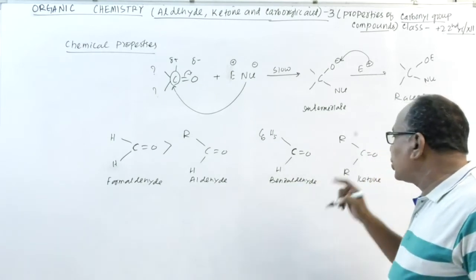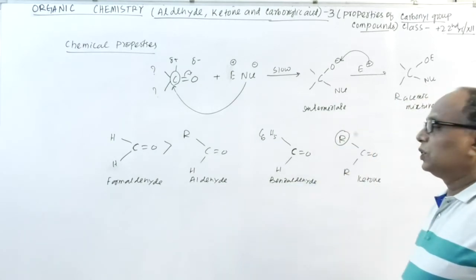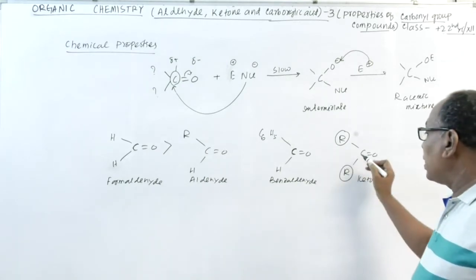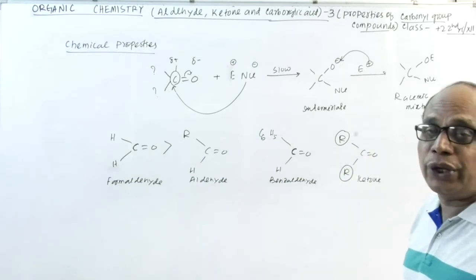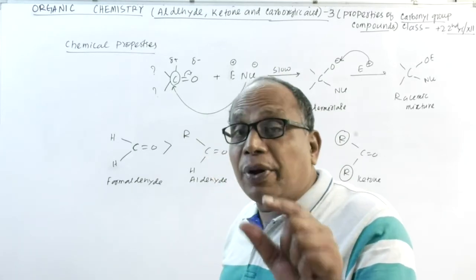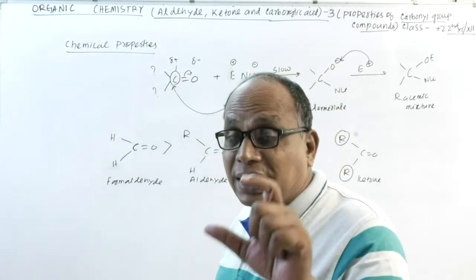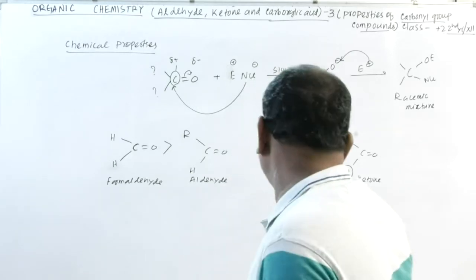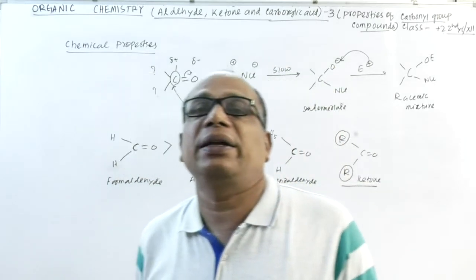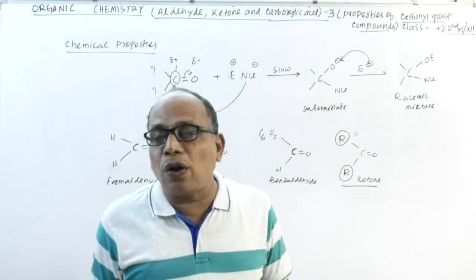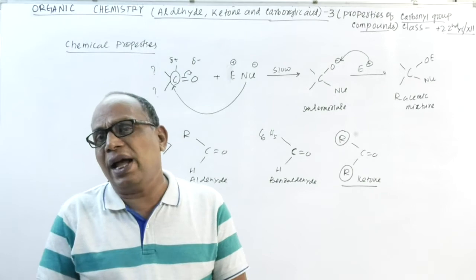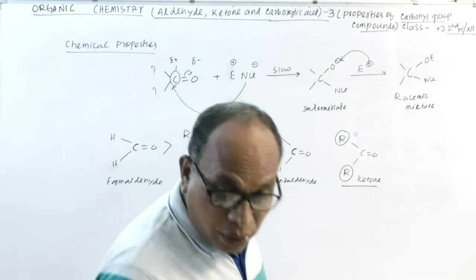Now come to the ketone. In ketone, this is an alkyl group, an aliphatic group, and this is another alkyl group, and these groups provide electrons to the carbon atom of the carbonyl group. As a result, that carbon atom possesses less positive charge. That's why ketones are less reactive as compared to any aldehyde. Hence, we can conclude that aldehydes are more reactive than ketones, because the ketone has